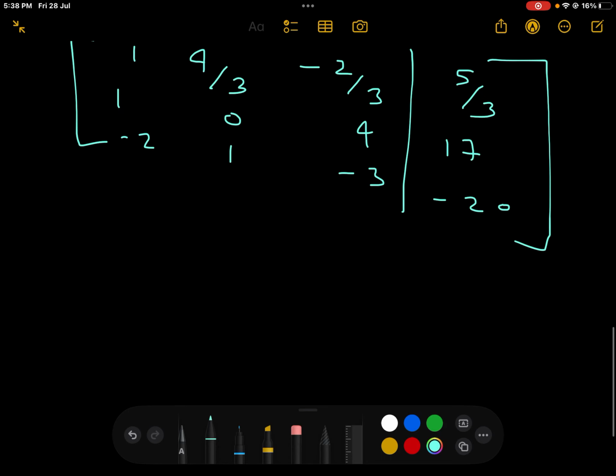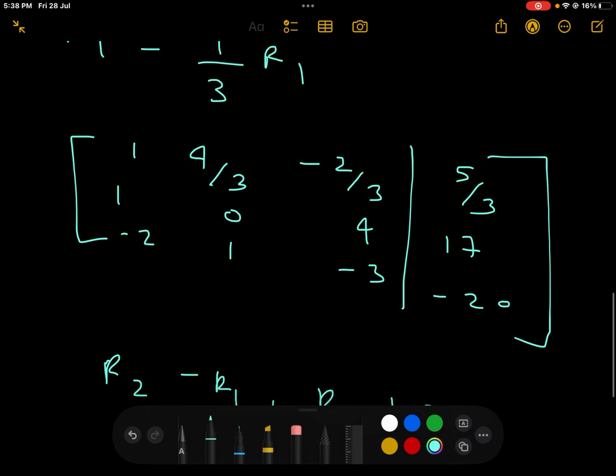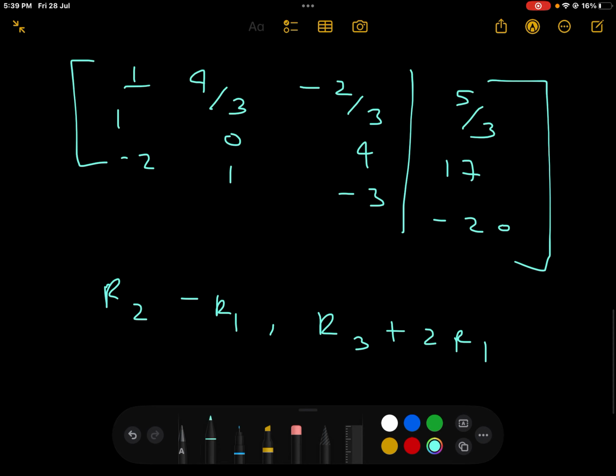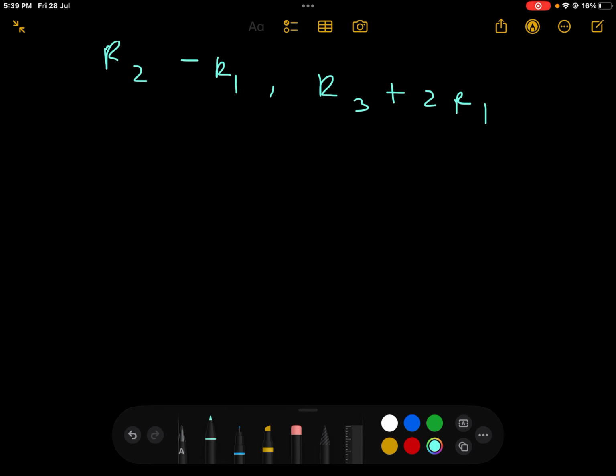Now let us apply our second row operation, which is r2 minus r1, and at the same time we can also apply the row operation for r3, which is r3 plus 2 r1. When we apply both these row operations, the elements below the pivot element, which is 1 here, will become 0, and that's what we want while reducing to reduced row echelon form. So let us solve further. r1 remains the same, 1, 4 by 3, minus 2 by 3,